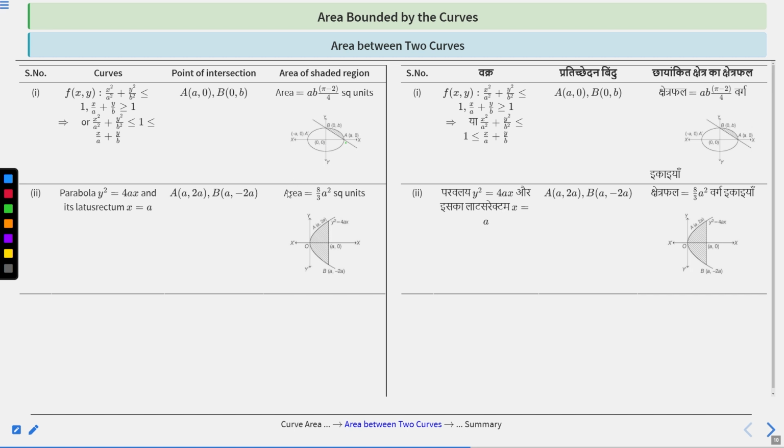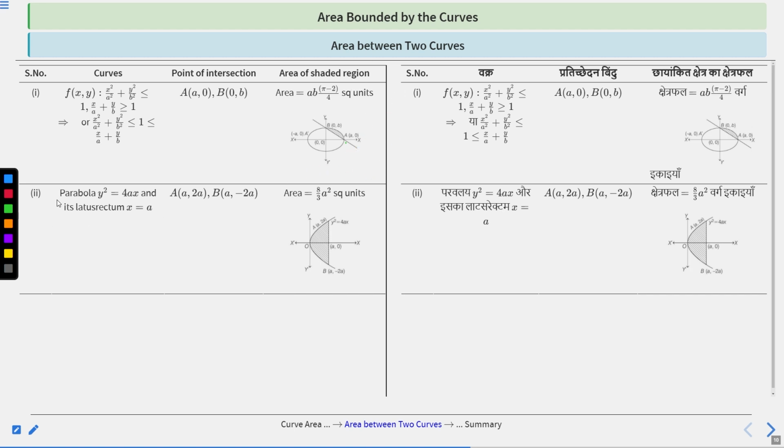So in the examination, in which you have less time, you are not expected to calculate the whole area in integral form like that. You will take a very large time. So you have to remember some of the standard areas of the curves, right? So you have to remember the area between these two curves, that is ab(pi minus 2) upon 4 square units.